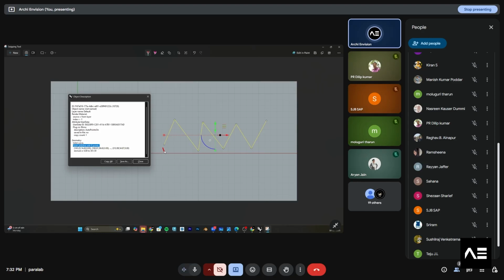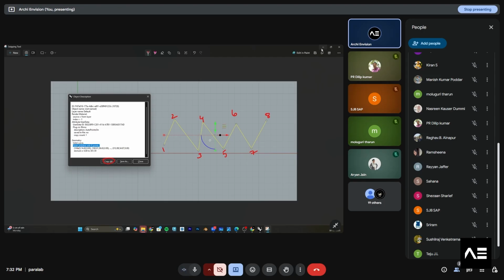It will show the coordinates over here, and if you want, you can copy them and save them wherever you want. So these are all the points and the coordinates, and it says it's an open polyline.